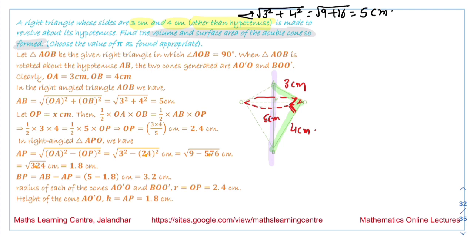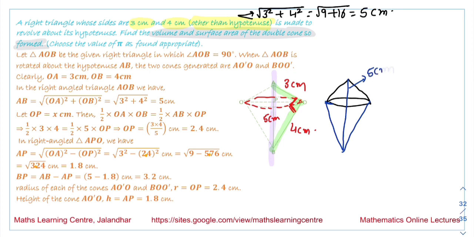So why are we saying it is a double cone? Double cone means there is one cone on this side and another cone on this side. We have to find the volume and the surface area of the double cone. So if we look at this cone over here, the total length we have,